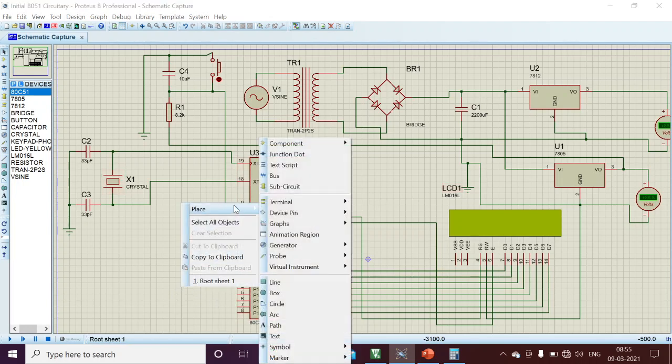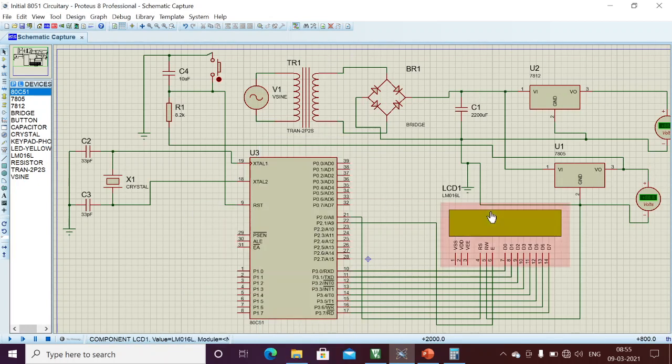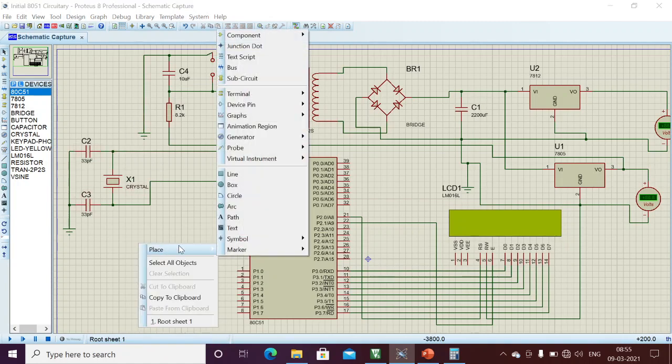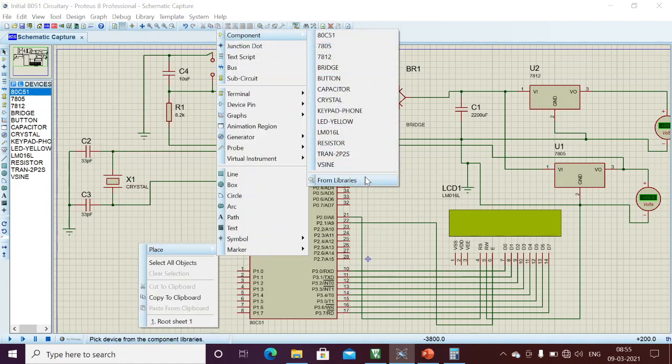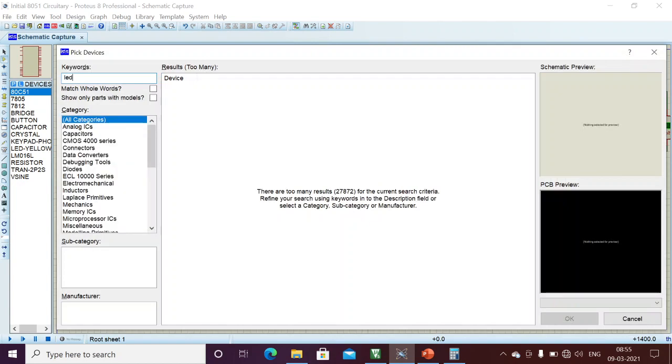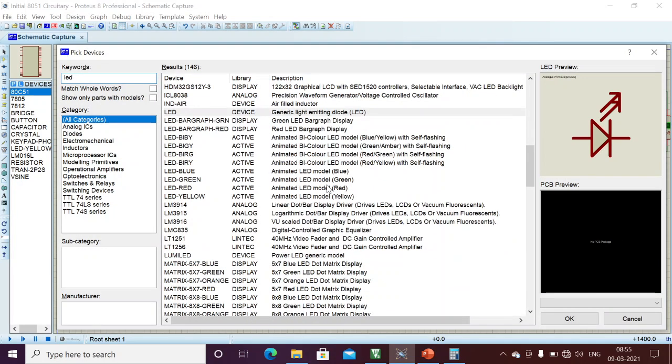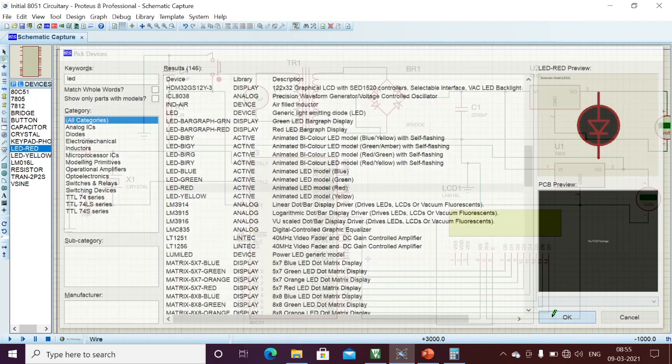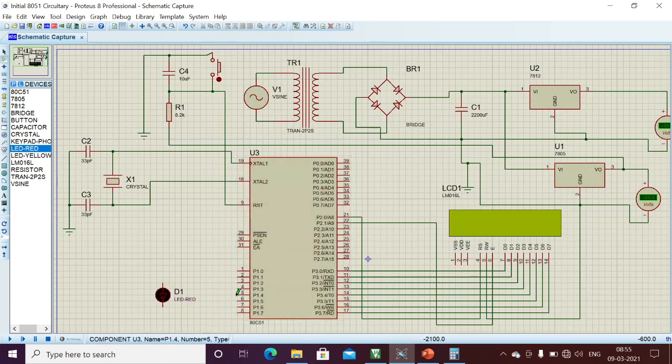I'm going to browse. This is my initial circuitry: power supply circuitry, LCD, and here this is the reset circuitry. This is my crystal oscillator circuitry. And right now I'm going to browse the animated LED from the library. I'm taking any one of the LEDs and connecting it to the 1.5 pin, and this cathode I will connect to the ground. This is my common cathode configuration. Whenever the logic is 1 it will turn on, whenever the logic is 0 it will turn off.